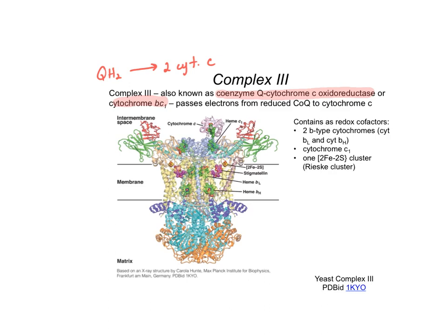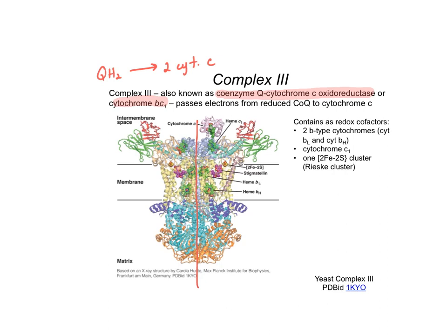A couple of things about the overall structure of complex 3. It is a homodimer, so it essentially has symmetry right down the middle of it. What happens on one monomer is going to happen exactly the same way on the other one. There are also two different redox paths, or two different electron transfer paths, that occur in